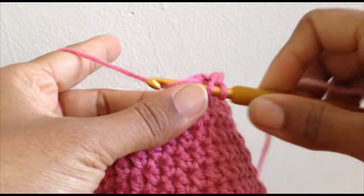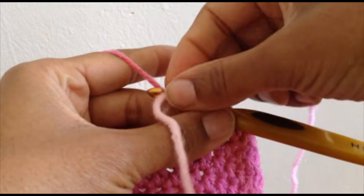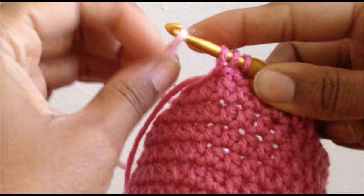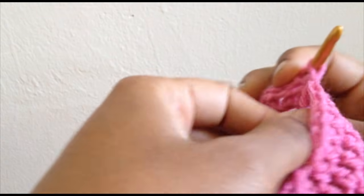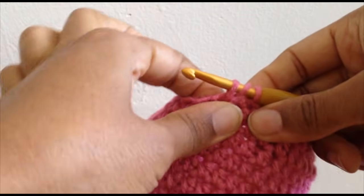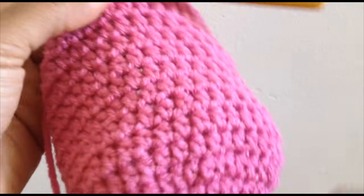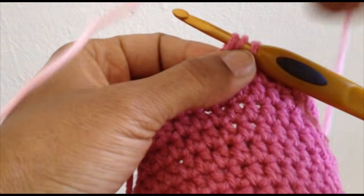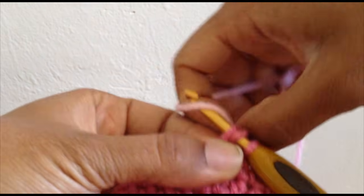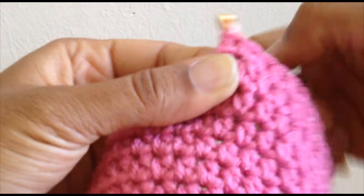another half double crochet in the next stitch, but before you yarn over, go ahead and drop the dark pink one. Actually, put the dark pink one in the back and hold it down with your index finger and thumb. Hold it down to keep it from moving, and then take the light pink yarn, loop it over the hook, and pull the light pink through,